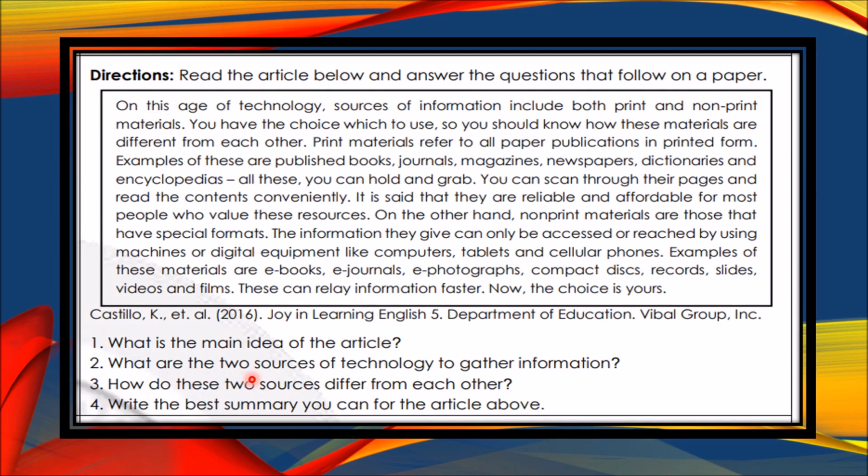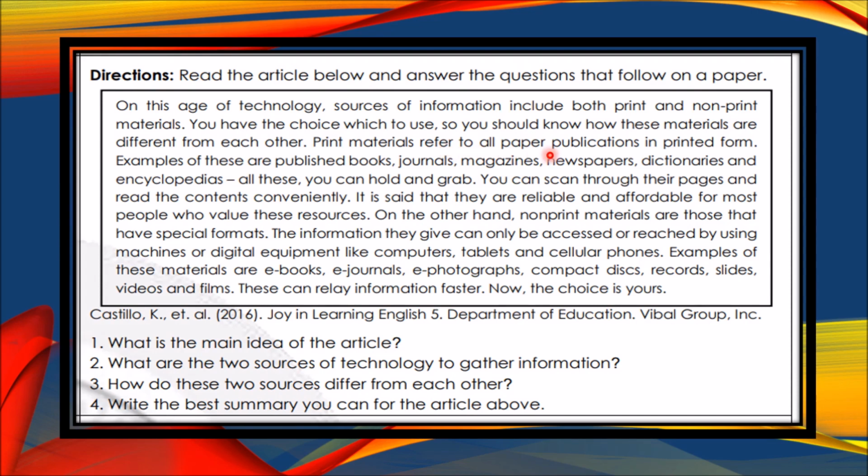What are the sources of technology to gather information? So you can also answer there. The two sources are print and non-print materials. So how do these two sources differ from each other? So here, anong pagkakaiba ng dalawang sources? Yung print materials,